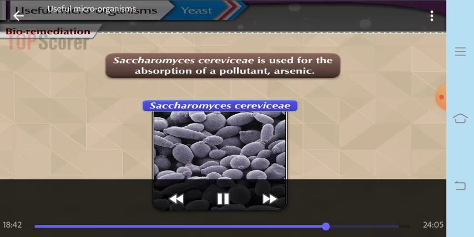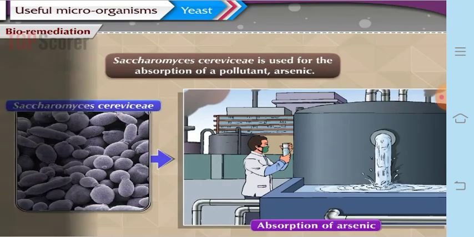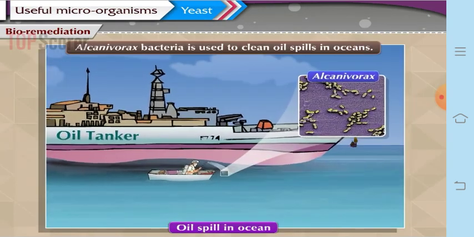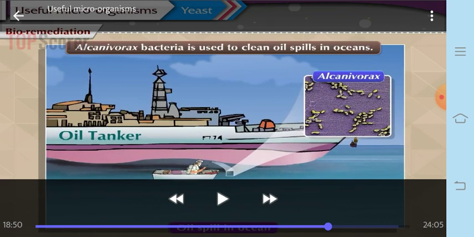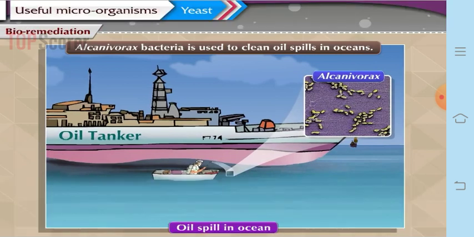Now let us see the third one, the last one, that is Alcanivorax borkumensis. It mostly requires oil for its growth. Therefore this bacterium is used to clean up oil spills in the ocean. So you see, yeast is a very useful organism, not only in making bread and wine but also in bioremediation, and in the production of ethanol, which is used as a good quality fuel because it's smokeless and less polluting. So yeast is so important for us, a very useful microorganism.